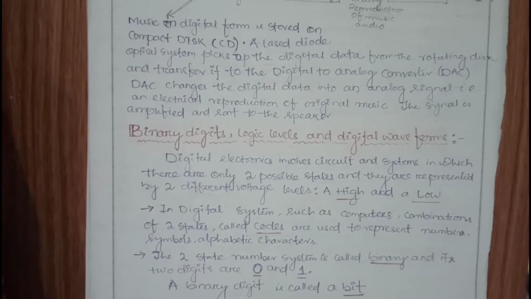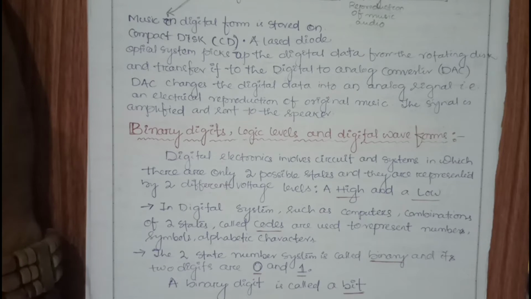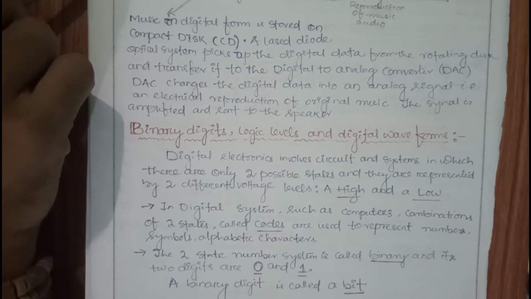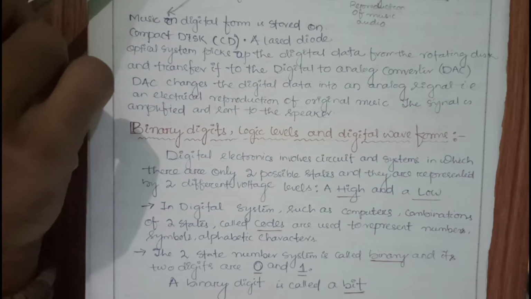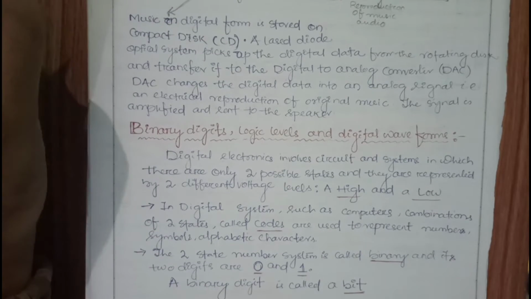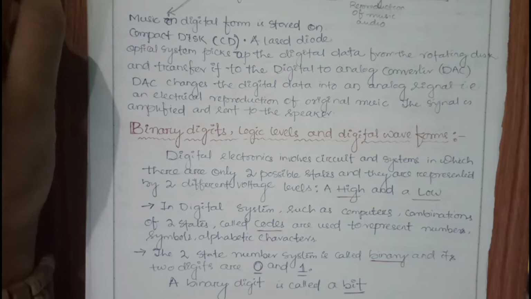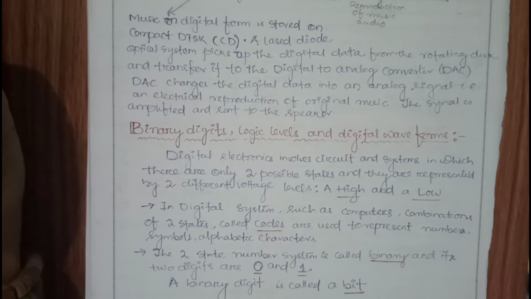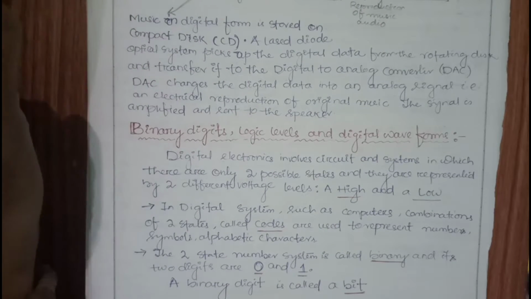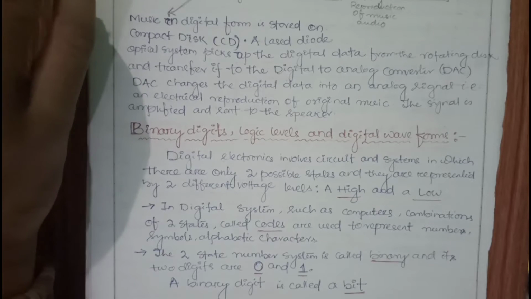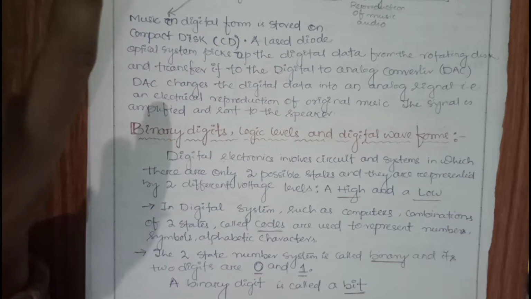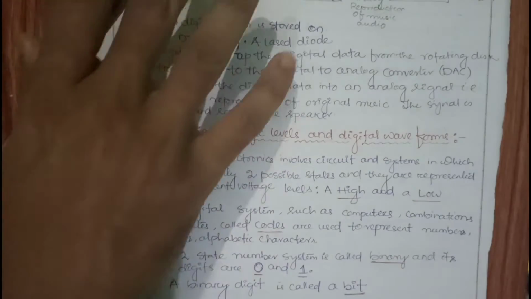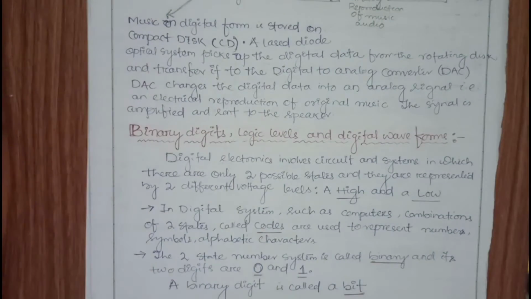Because the analog signal that we know, like this acoustic wave, is one type of analog form. But for storing this signal, it should be possible in digital form, because there are certain positive points that I told you: less space is needed to store a digital signal, transmission is easy in digital signals, and less noise is produced in digital signals. That's why we use digital signals for storing data.